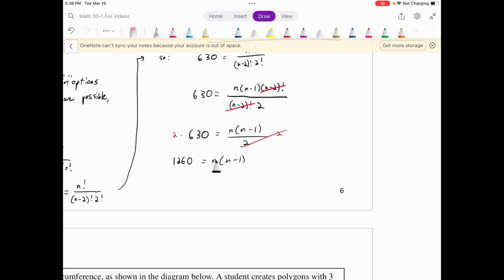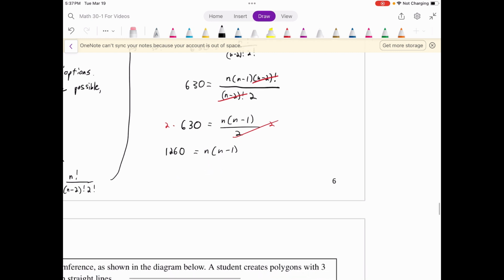I will say here, there's something to be said for these. Sometimes you can get big numbers here that can be hard to think about factoring. Not impossible by any stretch, okay? But what you can make use of, if you were writing this diploma, what you could say is